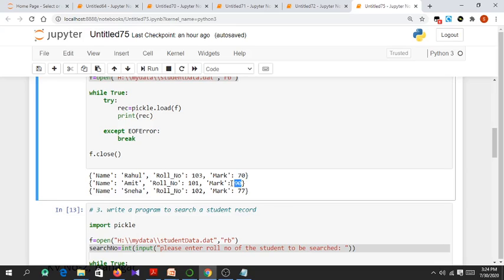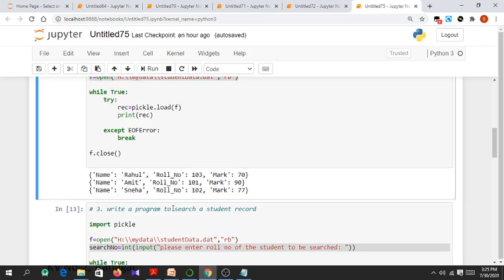What about append? Can we apply append? No, because append adds new data into the file. It cannot change existing data. We can add one more record, fine, but we cannot change a particular field. So all 3, read, write and append, cannot be used directly in this particular program.